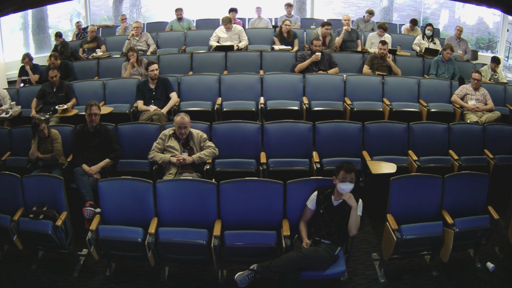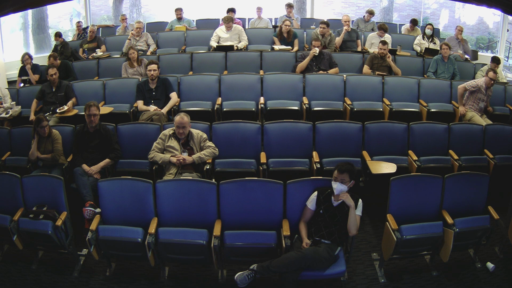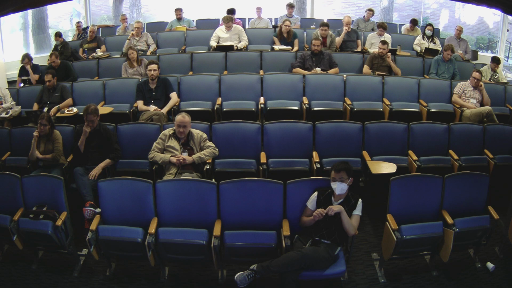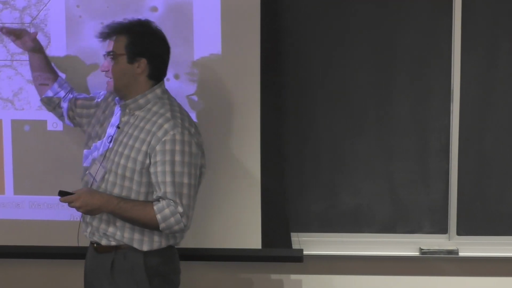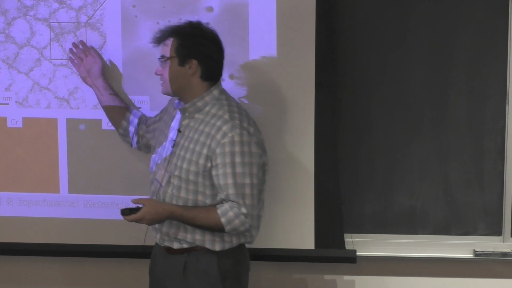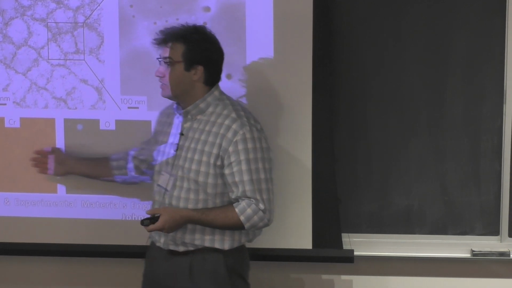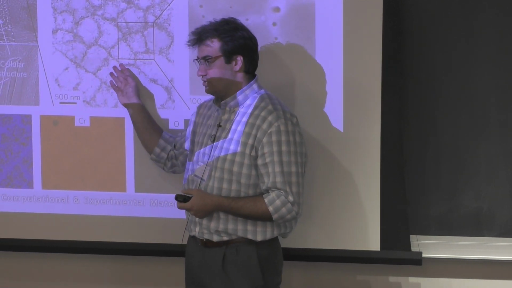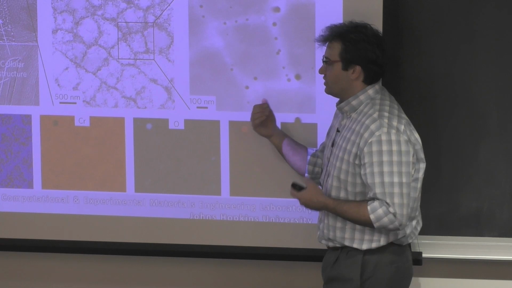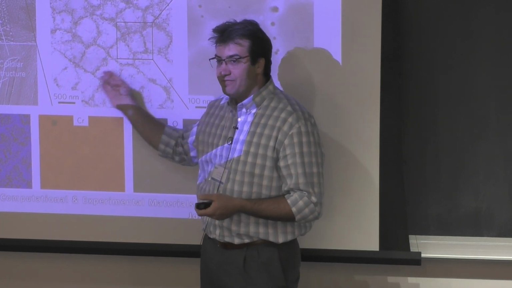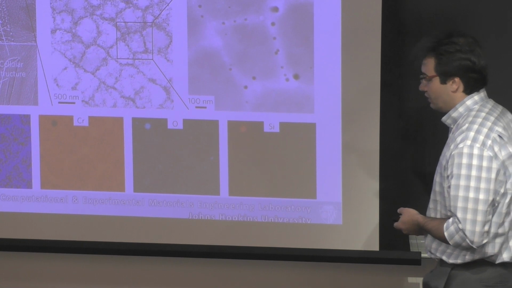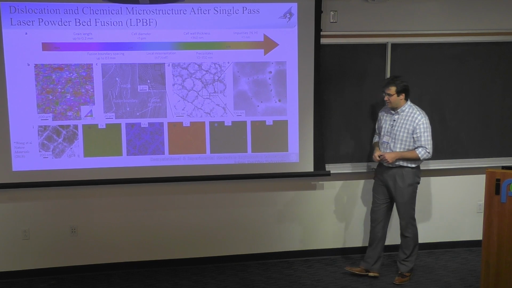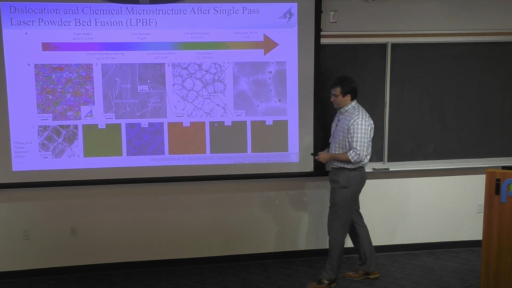Is there an annealing step for those samples? You can do annealing, but these are without annealing. No, annealing can affect the behavior. It depends on what kind of annealing you do. But if you anneal, what a lot of times people have seen is that actually the strength drops. Because what happens is you can have two things. One of them is you actually get a homogeneous concentration of the composition, and you get more homogeneous dislocation distribution. So ultimately, the strength is really driven by these heavy, dense dislocation structures that are forming that seemingly are correlated with these concentrations that are the segregation of some of these solutes in cellular walls.